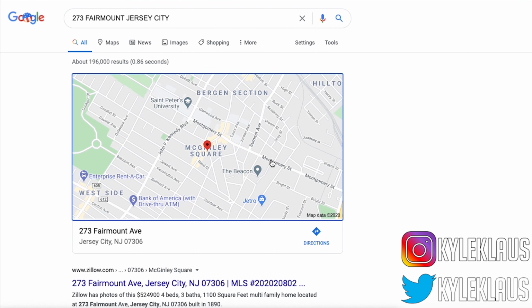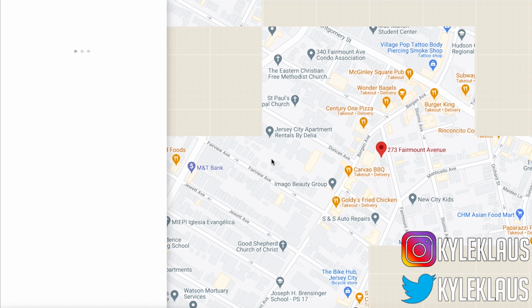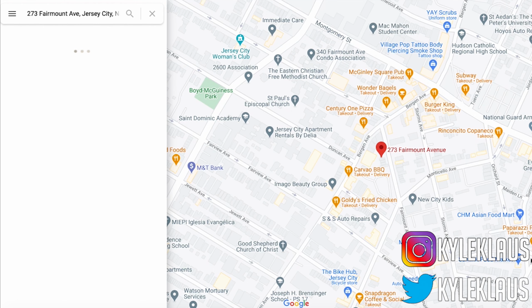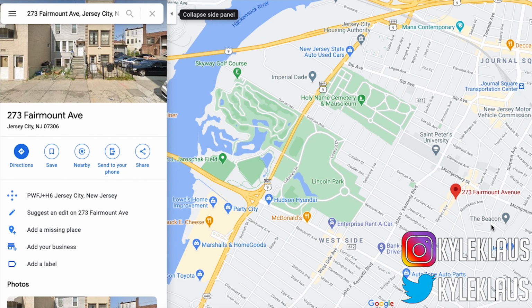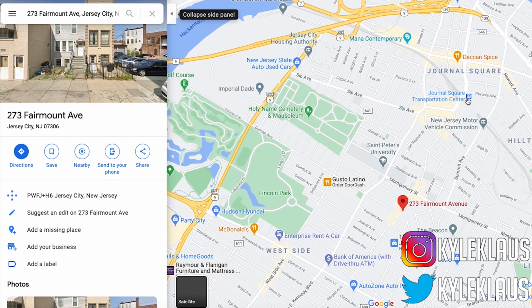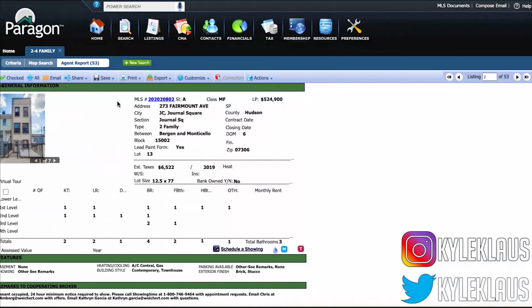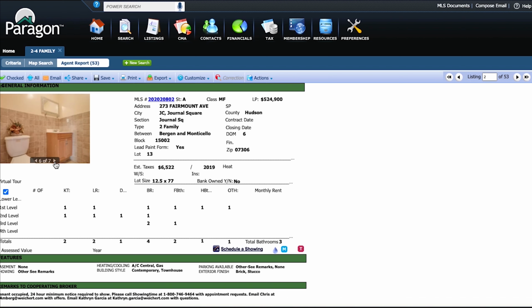Yeah, I mean, the thing about this section is, if you're not close to the PATH in Journal Square, it's kind of not the best. See, the Journal Square PATH is right here. It's not that bad of a walk, honestly. So I actually might flag that one too, after I get the rent rolls on this one. It's only been on the market 6 days. It looks like it's a really nice property from the inside. So that might be something that if you can get this down a little bit,